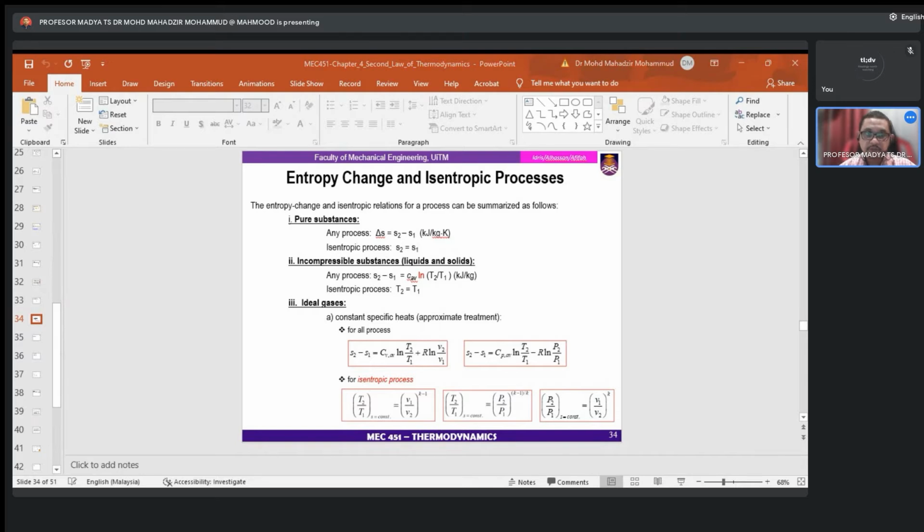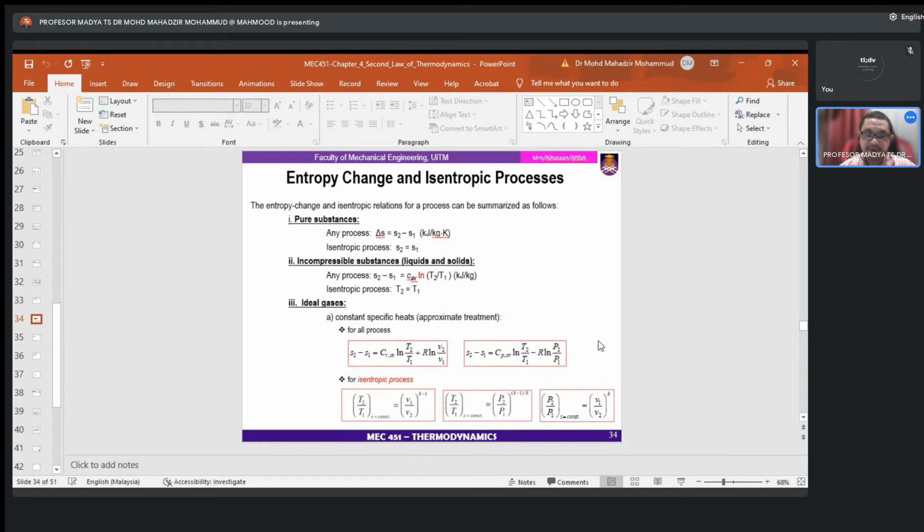As you see in the formula, it shows CV, specific heat at constant volume, and also specific heat at constant pressure. But the difference between these formulas is plus and minus. When you use CP, it will become minus, and when you use CV, it will become plus. Okay, for the isentropic process,